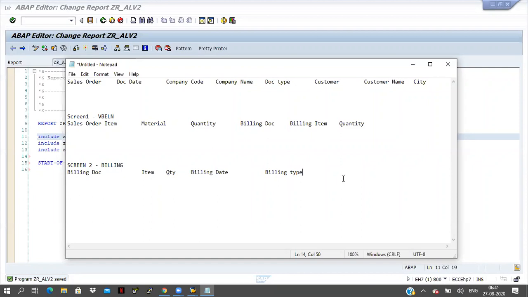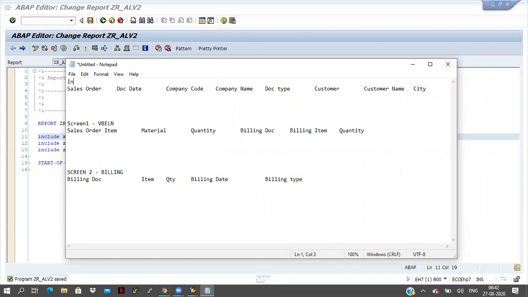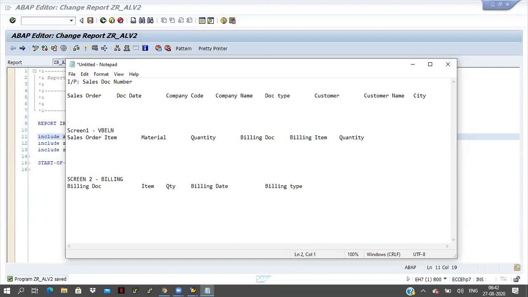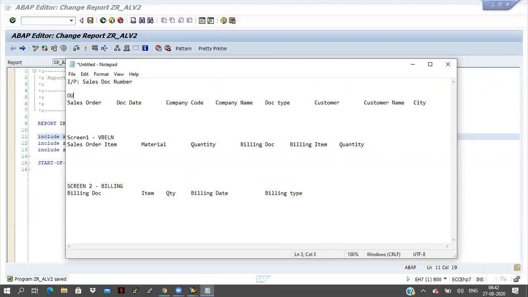Fine. Now I have to go to the report. The input is the sales document number only. Output is this one.